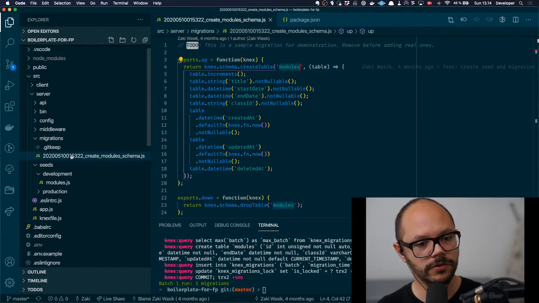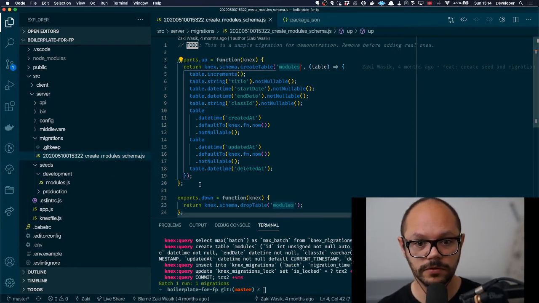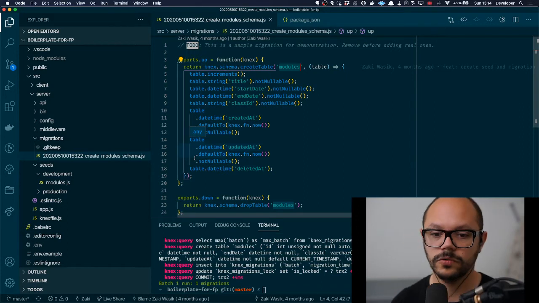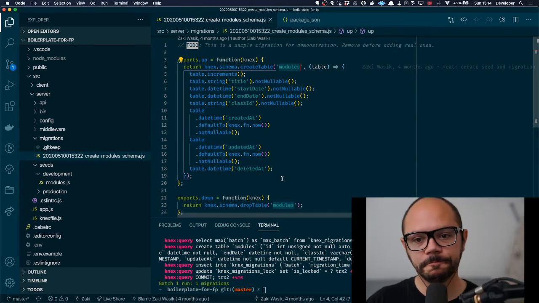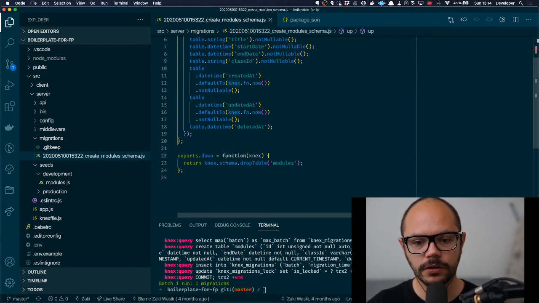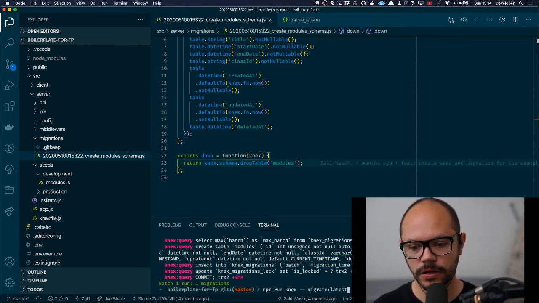If I rename this stuff in here, Knex will actually run it again, and will probably break, because you cannot create the same table twice in MySQL. It's going to complain about that. Cool. So we have our up migration here, and if you remember the down migration, it will do the reverse action. So if you want to try to run the down migration, we can do